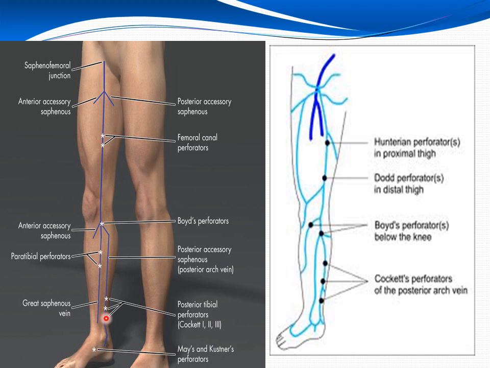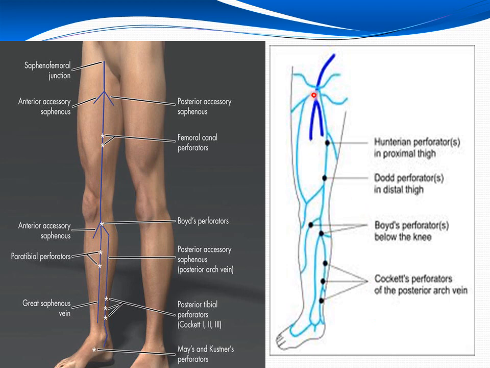Then one more perforator we have: the lateral ankle perforator. So it communicates the short saphenous vein with the peroneal vein, and it is situated at the junction of the middle and lower 1/3 of the leg. That is, we say the lateral ankle perforator connects the short saphenous vein with the peroneal vein.